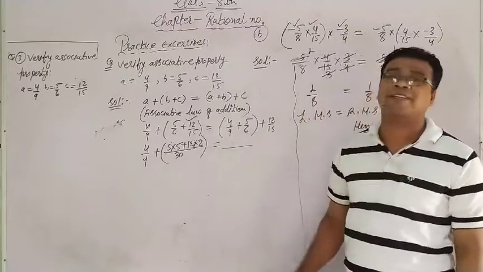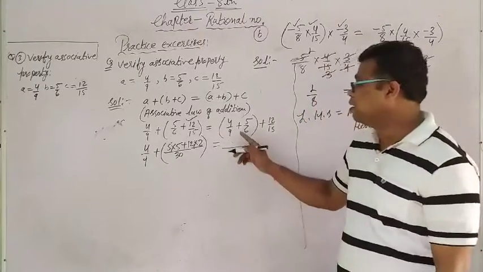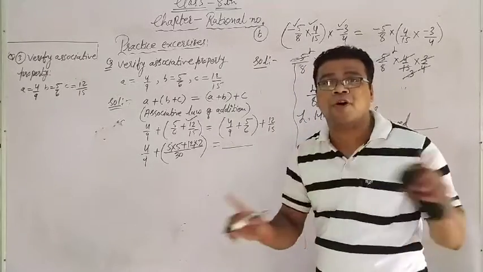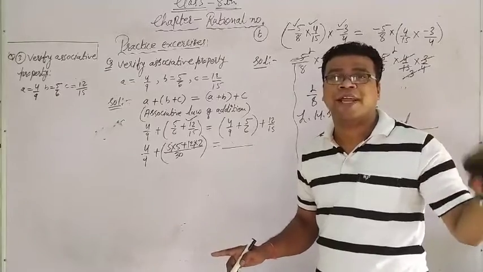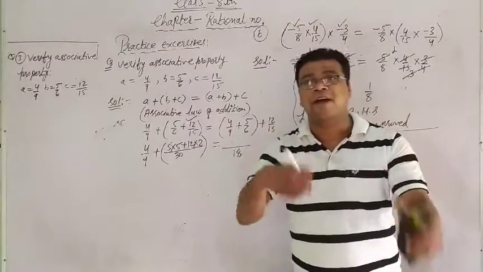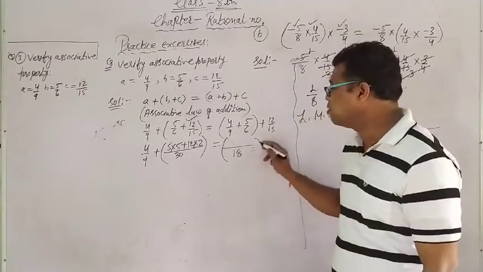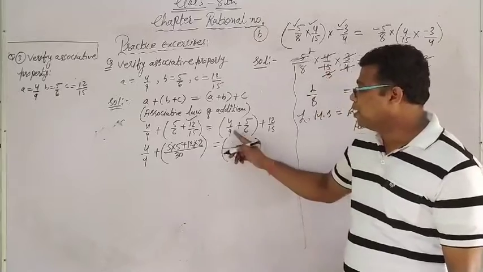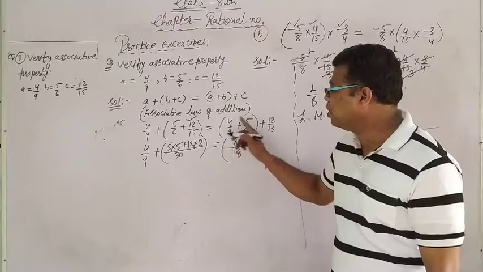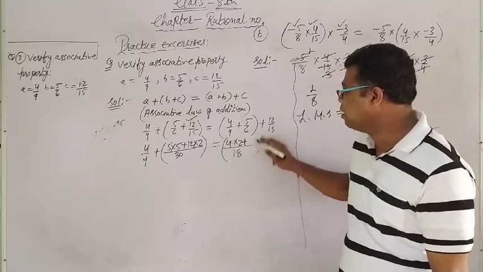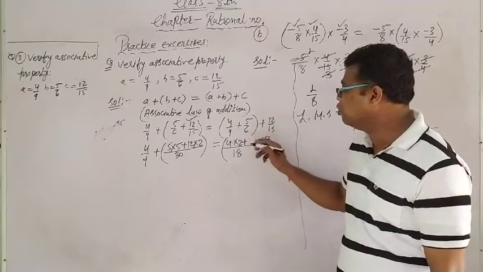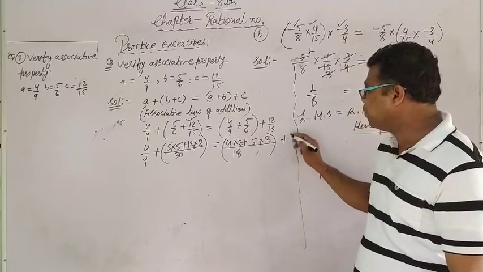9 and 6 are the denominators. What is the common LCM? Again I am going to read the table of 9. Does 9 come in the table of 6? No. What is the next table of 9? 9 twos are 18. Does this 18 come in the table of 6 also? Yes. How many times? 3 times. So that 18 is going to be the LCM. In the table of 9, how many times does 18 come? 2 times. Multiply 2 with the numerator 4, plus. In the table of 6, how many times does 18 come? 3. That 3 multiply with the numerator, that is 5. Plus 12 upon 15, same.